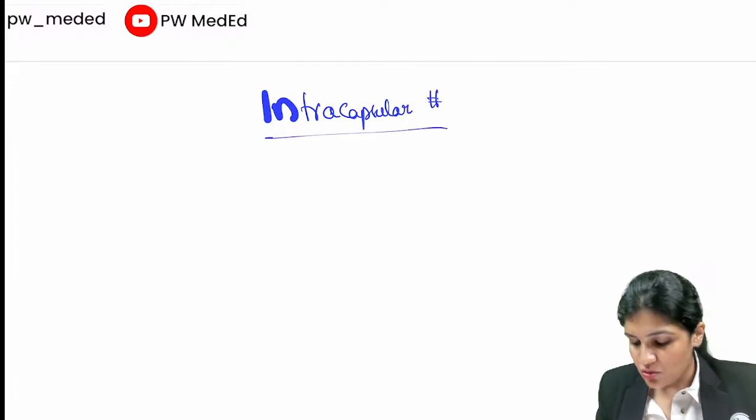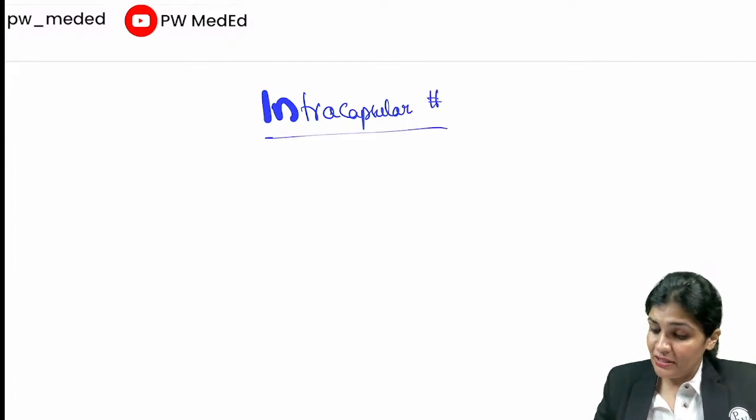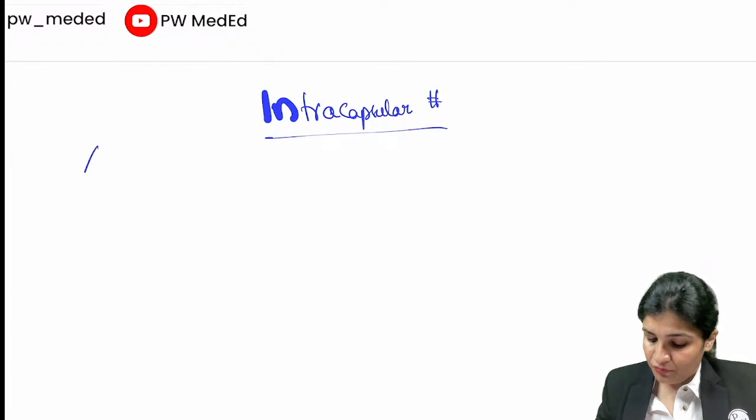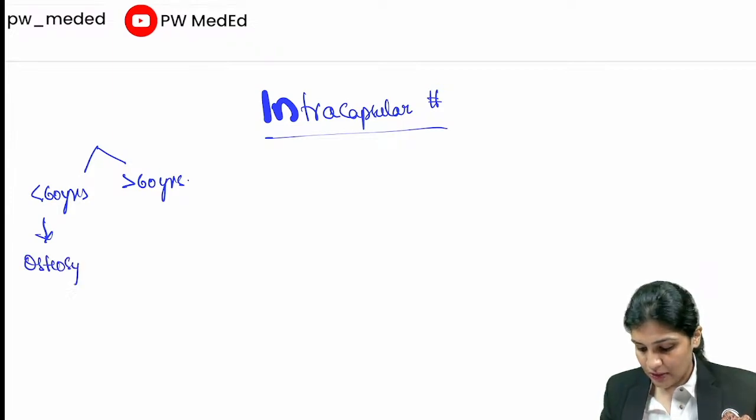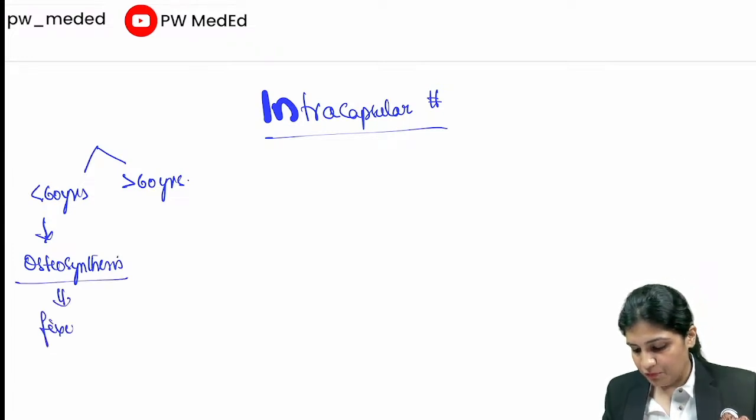Intracapsular fracture. So in the case of an IC fracture, first you have to decide whether the patient is less than 60 years or more than 60 years, as the management will differ. If it is less than 60 years, you can still go for your osteosynthesis. What is osteosynthesis? That means you can try for fixing the fragment,